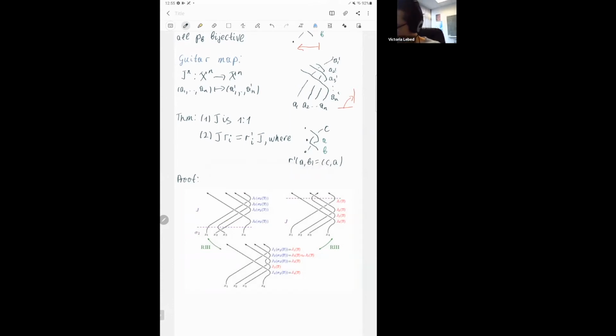In the first picture, you see that you first apply the map R at the positions you like, and then you apply the Gita map. You're looking at the rightmost colors. And then this crossing, you can push it like this to get the second picture, and it will appear here. You can push it because of the Reidemeister move,